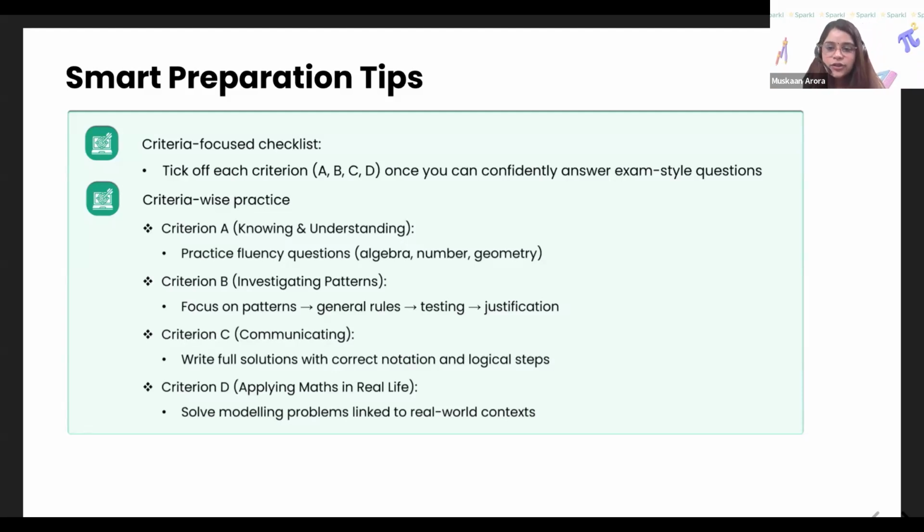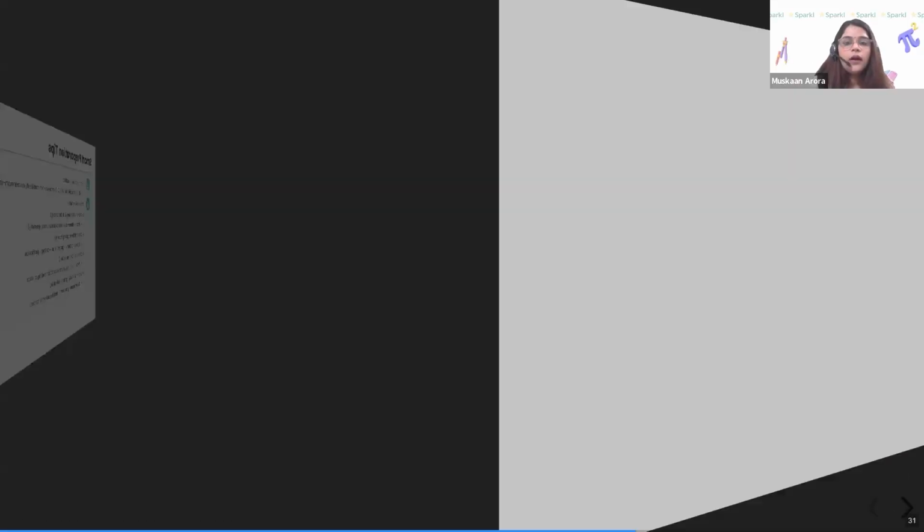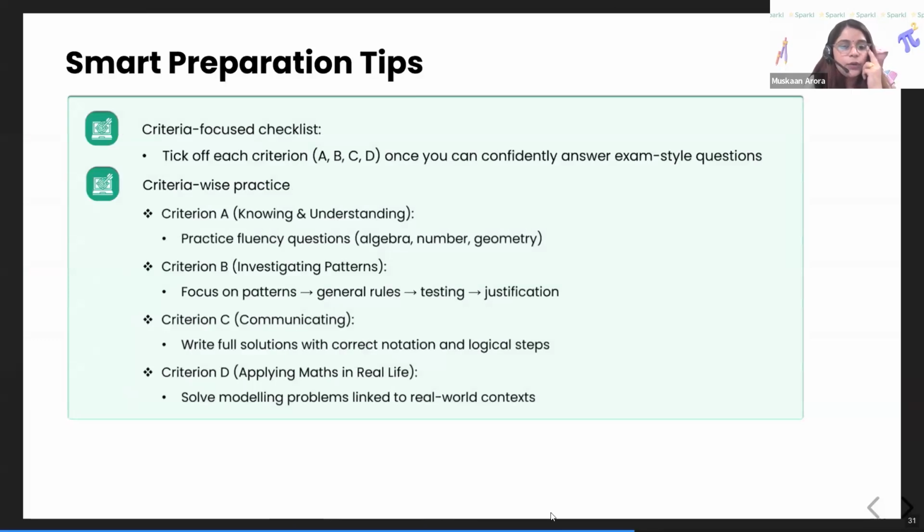So I think Sejal, if you could share your thoughts on this. Well, what I've been doing is I've done a few timed tests, which have helped me complete all my questions in a certain time. And I also keep 30 minutes at the end for reviewing my answers. Okay, great. Anyone else on criteria A?